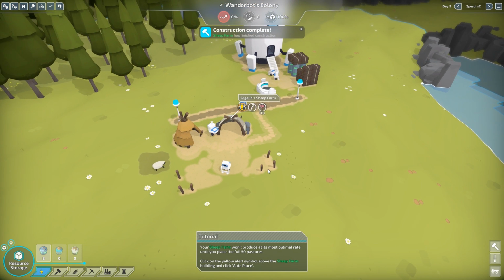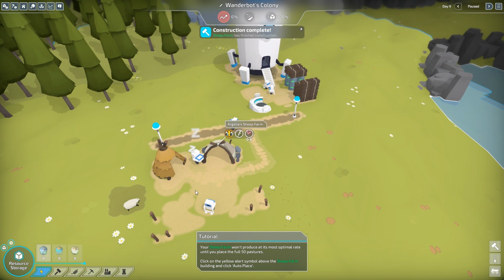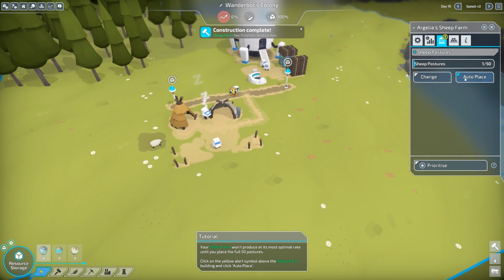But yeah, paths are unlimited, but the person working here follows the path, which can be a little bit more inefficient. It's like conveyor belts versus arms in Factorio. So your sheep farm won't produce until it's at its optimal rate, until you place the full 50 pastures. Oh. Oh, so we need...